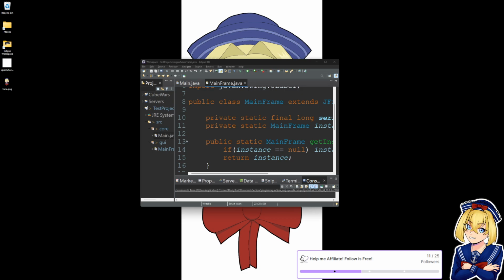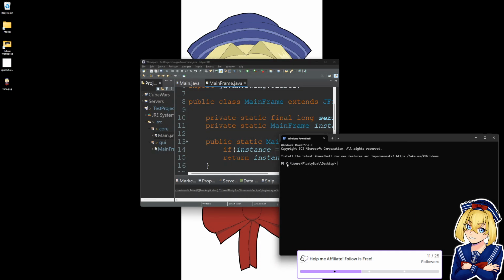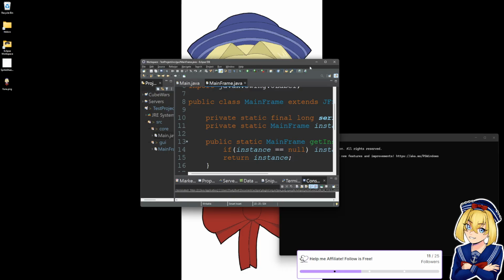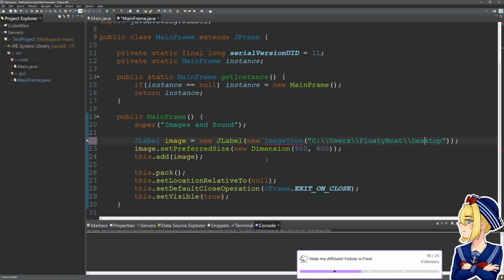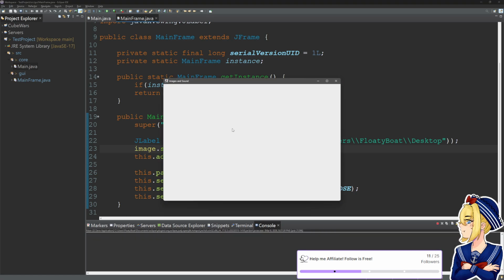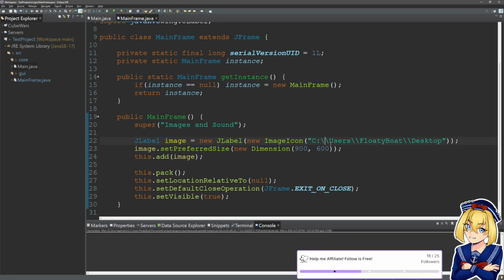If I right-click my desktop and say open in terminal, that's going to give us the location of our desktop. So I'm going to copy this. And instead of putting hello in here, I say new ImageIcon, and I paste that location in here, import ImageIcon, and I play, we don't see anything, which is unfortunate.